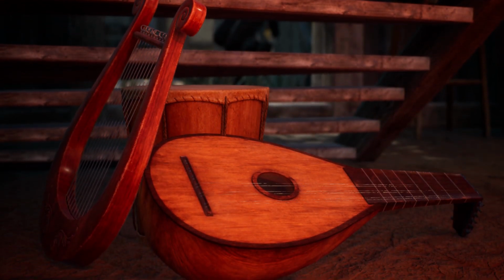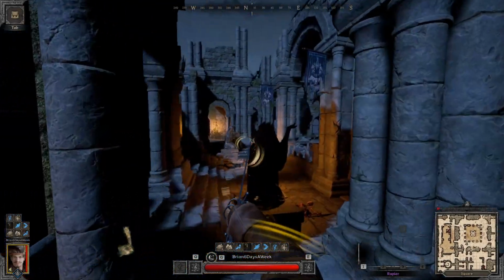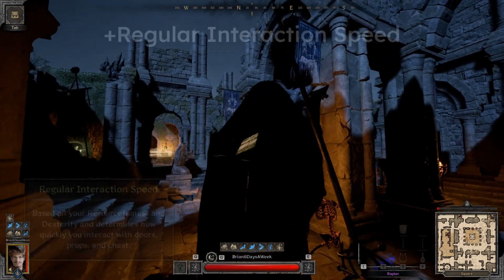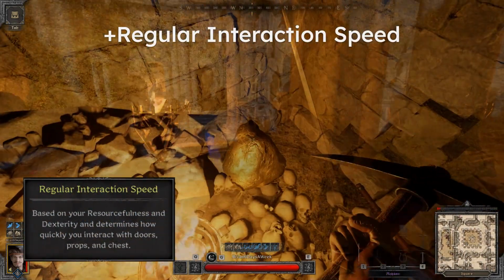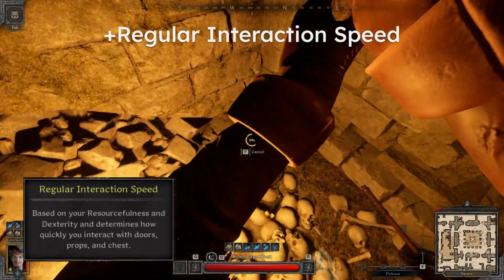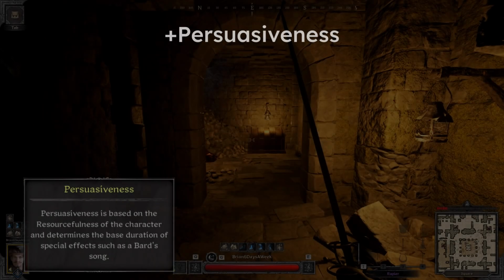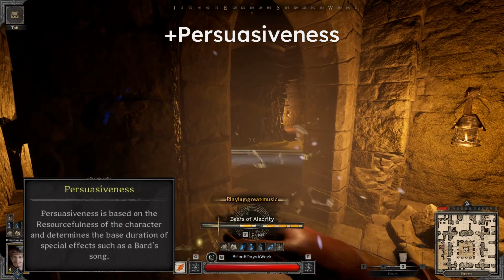Let's first get started with persuasiveness, which, along with regular interaction speed, is a sub-attribute of resourcefulness. If you're watching this video, I'm already assuming that you're familiar with regular interaction speed and how it affects the various dungeon interactables. So, we won't get into that here. We'll just be focusing on persuasiveness and exactly how it increases the duration of the bard's song buffs and song